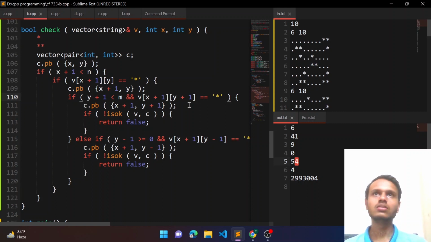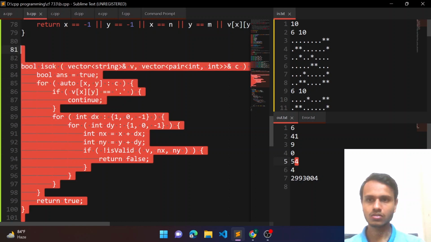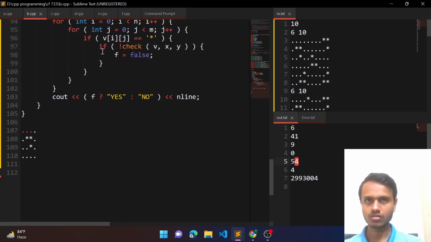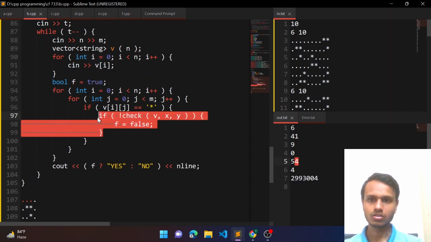I think I can think about a graph as well, and then find the length of the connected component. So if the size of that connected component is not equal to 3, yeah. So I think I don't need this thing. I'll be just finding the connected components again. So if this is the thing,